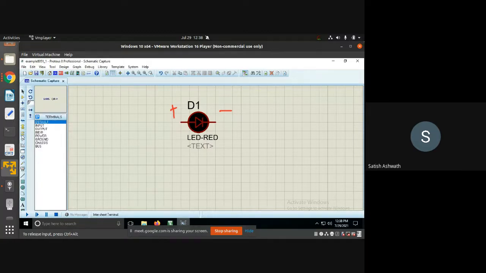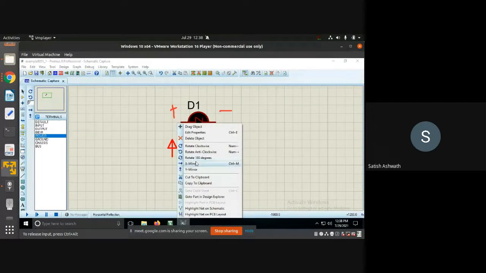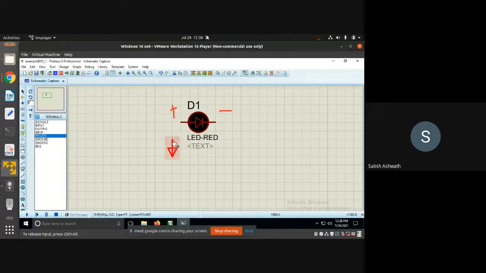On terminals mode, you will see input, output, and power and ground. Okay, so we need to give power to the LED. So click on power and come here and click anywhere you want. This triangle that you see is basically a power, plus 5 volts power available to you. Okay, so I'll rotate it 180 degrees, so this end can be connected to the positive, and the other end we need ground. So click on ground, come inside the schematic, click wherever you want, and the ground will come here.